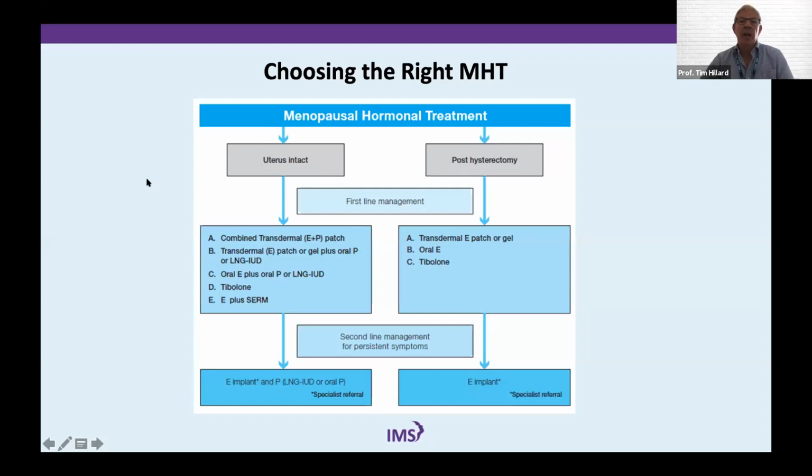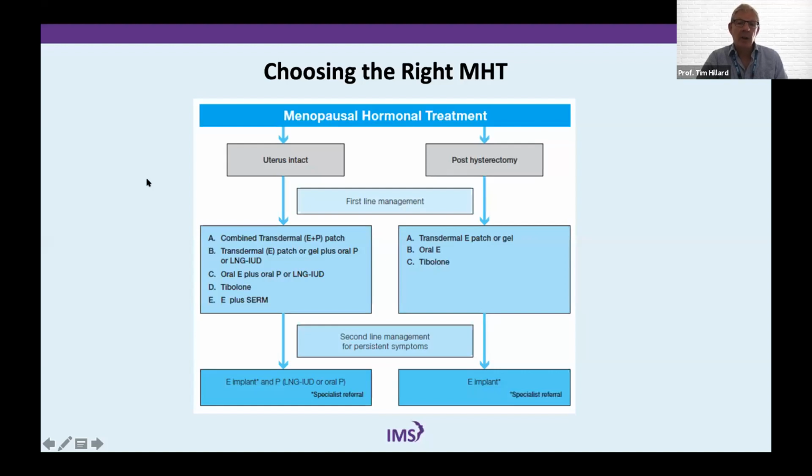So looking at the different MHT regimens in a slightly different way, this helps to understand how you are going to build up your hormone replacement. So again, on the top, if they've had a hysterectomy, it's simply you give estrogen, which is in blue. If they're postmenopausal, then it's a no-bleed preparation, which is the preferred option, and that is a continuous estrogen and continuous progesterone. If you have somebody who's perimenopausal, then you need to be looking at giving them most likely a cyclical bleed combination with continuous estrogen and progesterone added for 12 to 14 days each month.